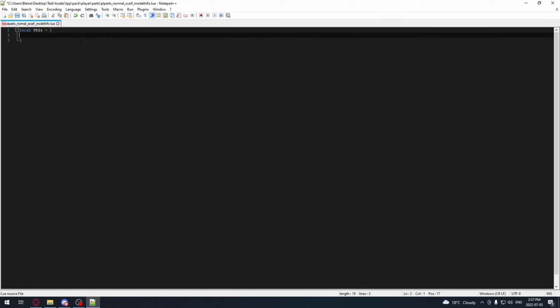and then enter here, tab over once, and put in modelDescription, lowercase m, capital D on description, and then equals, and you want to put two quotes, and inside these quotes is where you put the description for the model. So in this case I'm just putting scarf fatigues since that's the model, and you want to put a comma here. After this you want to type in fovaTable with a capital T on table,